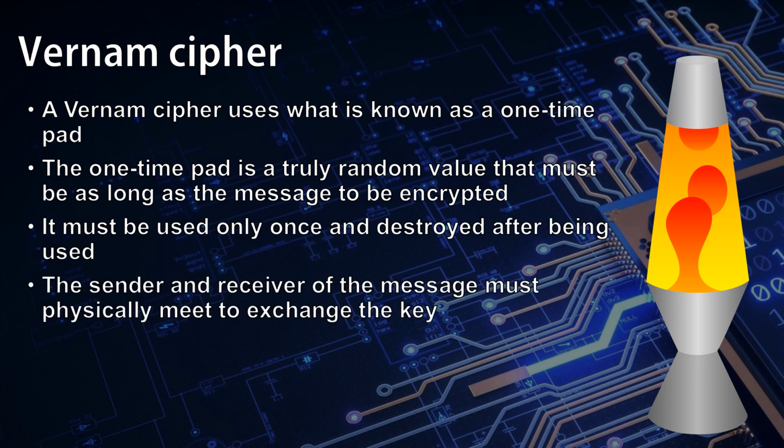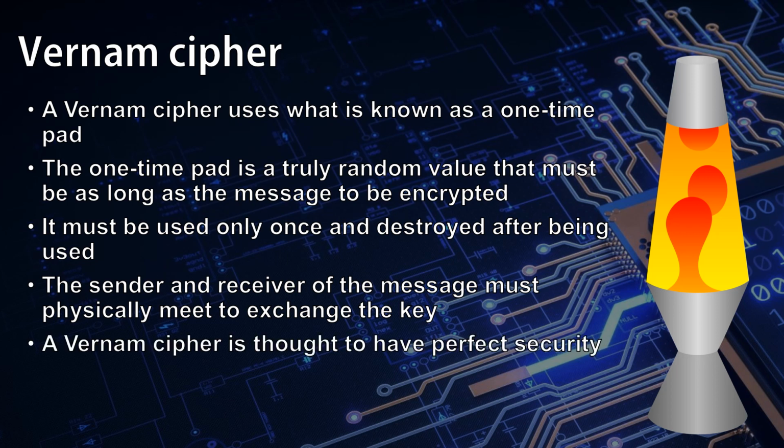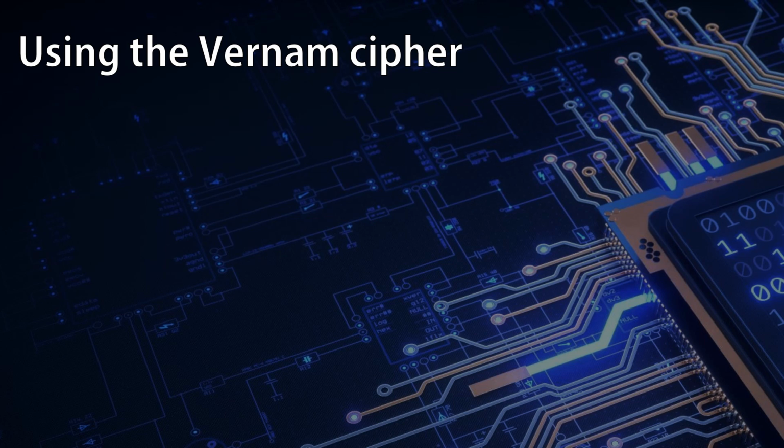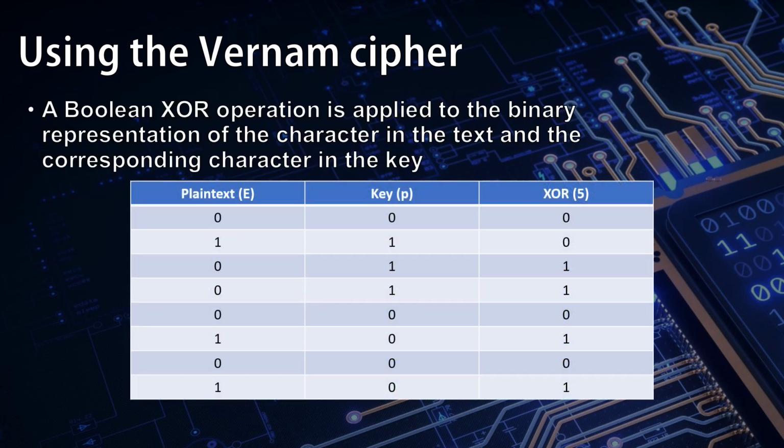The sender and receiver of the message must physically meet to exchange the key. The key is the one-time pad. A Vernam cipher sits at the opposite end of security to the Caesar cipher in that it's thought to have perfect security. To use the Vernam cipher, a Boolean XOR operation is applied to the binary representation of the character